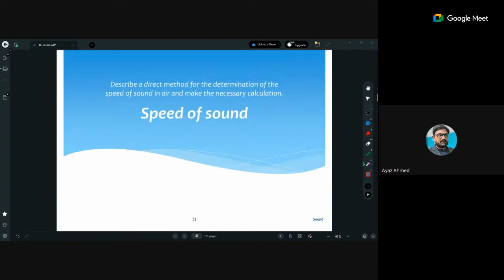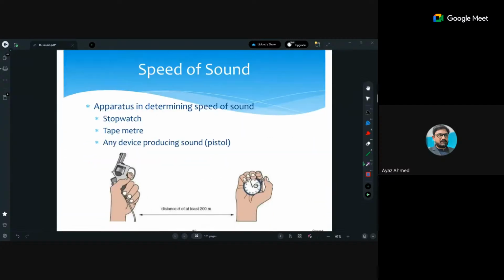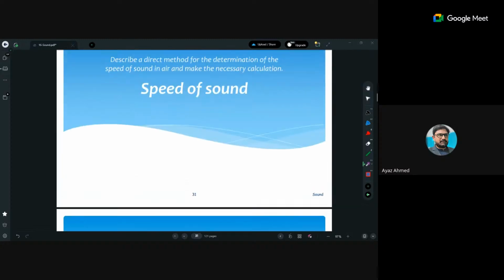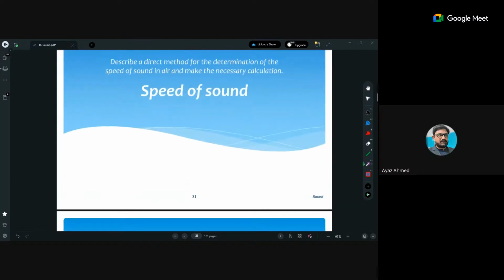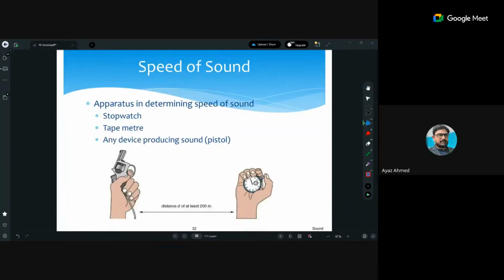Now we will talk about the second phase, speed of sound. Speed of sound is another aspect, when we have to calculate the speed of the sound, there are different methods. Ordinarily, the speed of the sound is usually given to you. Mostly it is 330 to 340 meters per second. But here we will discuss how to determine the speed of sound,